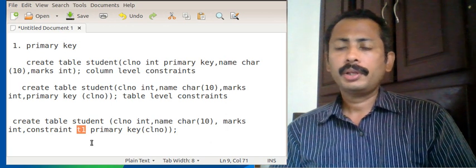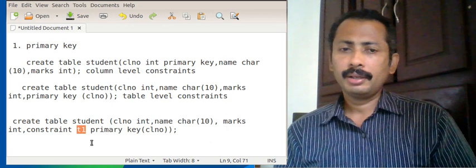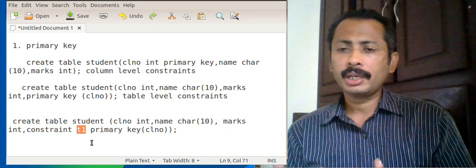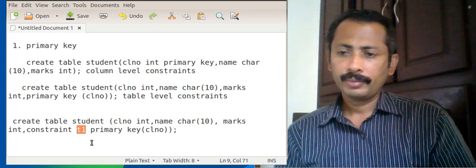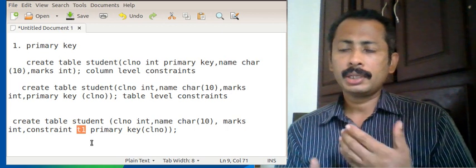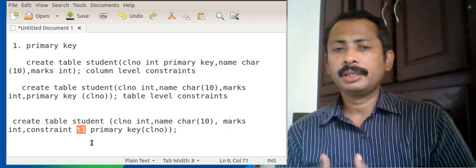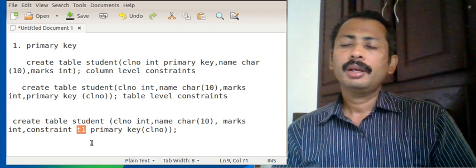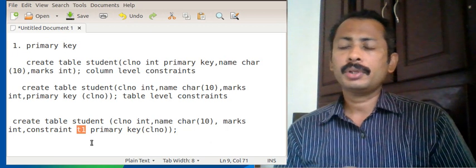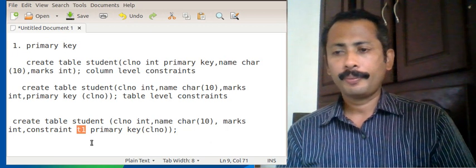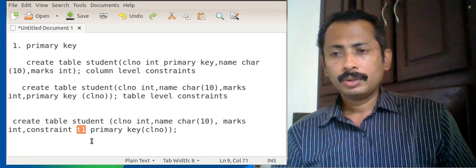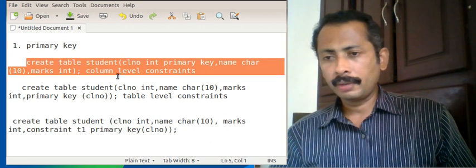The advantage is that if you want to remove this constraint at a later stage, we can drop it using the alter command. So all these three will work.